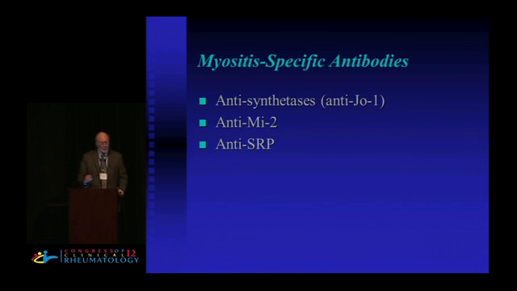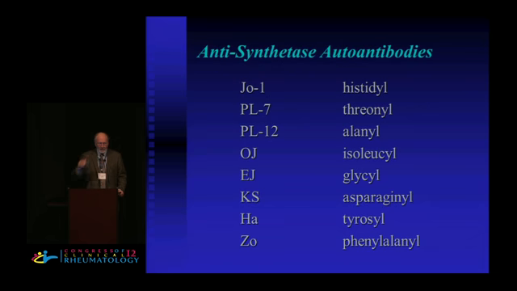in our evaluation and tend to tell us what to expect in the future for a patient who has one of these. Of course, if you have anti-SRP, classically you'd have a horrible prognosis. MI2, you'd have dermatomyositis and a very good prognosis. There are exceptions to that, but in general that holds. And the synthetases has a more intermediate prognosis. Now the synthetases are antibodies directed against